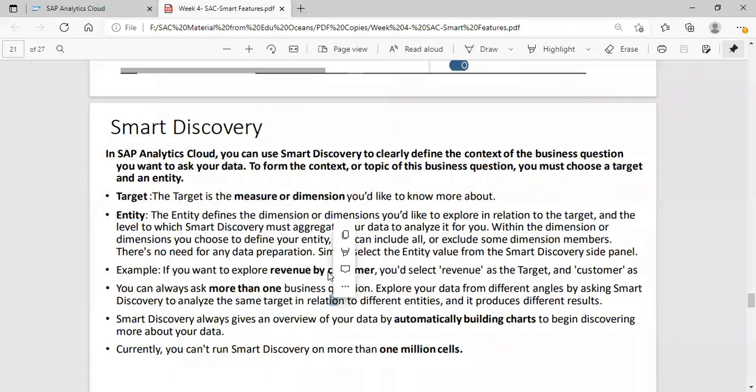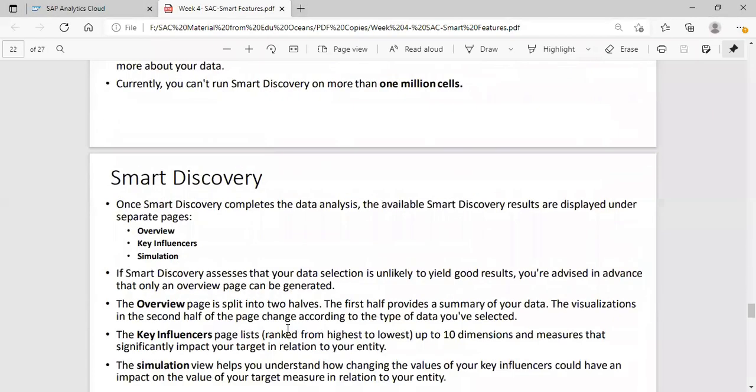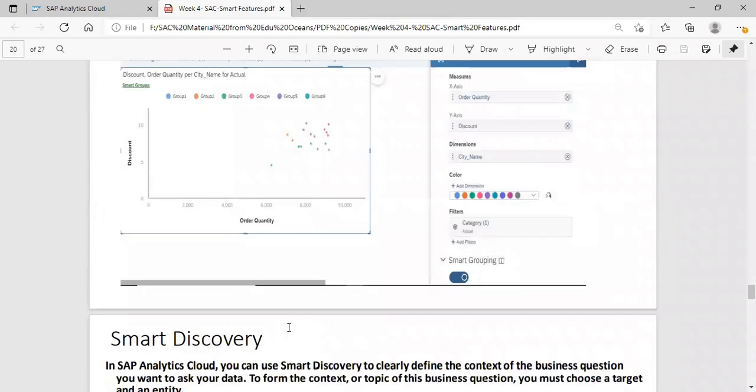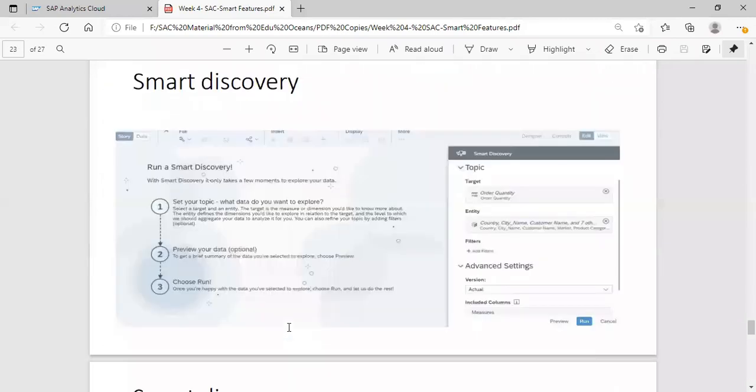Now let me show you how we can change that granularity level in the smart discovery. So here you can select multiple entities. As I told, you can include multiple entities and try with that. You can apply some filters also. Version would be actuals, because here we are working on the actual version. Once you define your target and entity or filter, if you don't have any filter, that's fine.